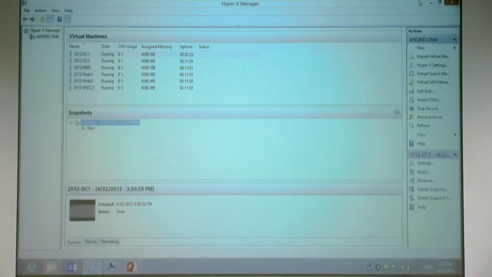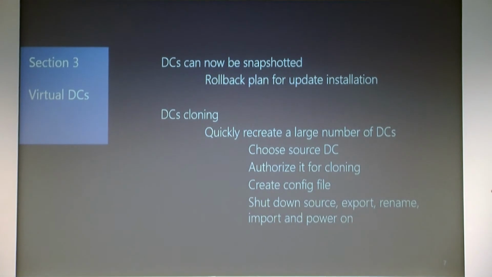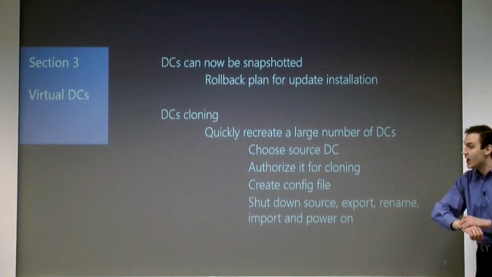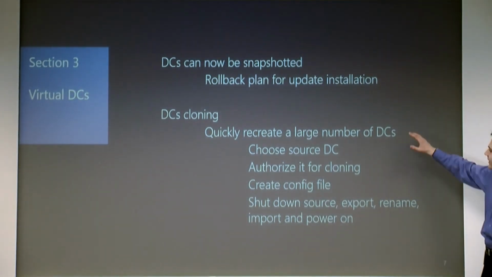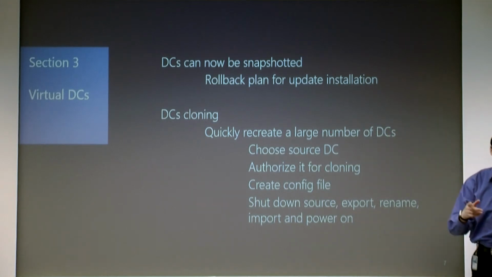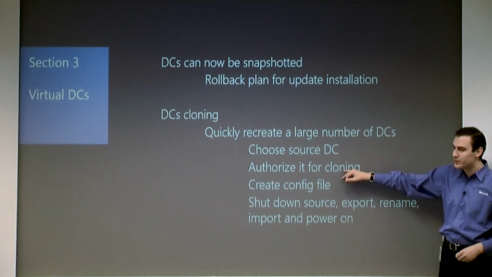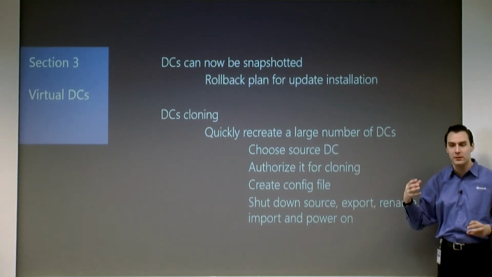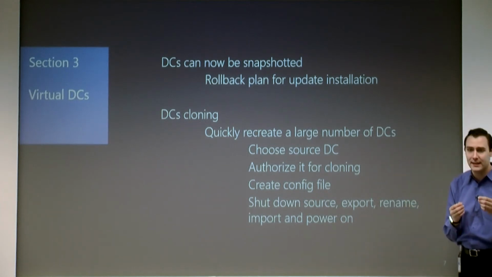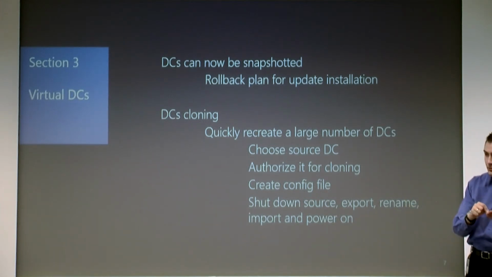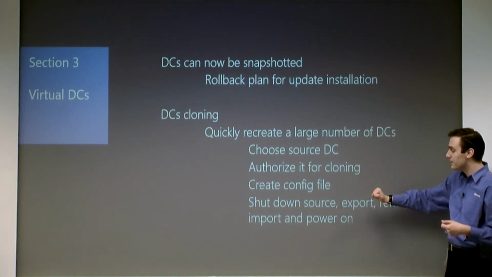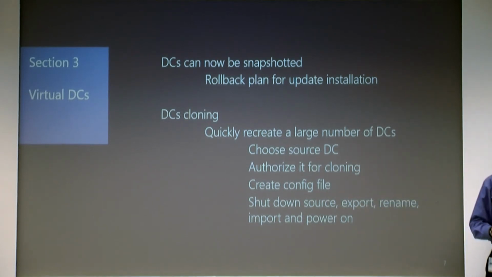Cloning, I'll explain it on a slide because we're a little bit out of time. Now, a couple of steps you need to do. You take a source DC, which you're going to be using as a master copy for your clone operation. You add it to a group called Cloneable Domain Controllers. You actually have a group in Active Directory called Cloneable Domain Controllers. You add that DC to the group. Then you create a config file. A config file states